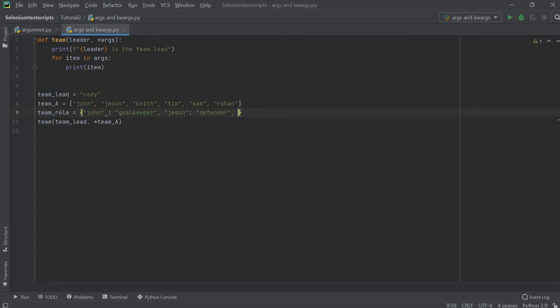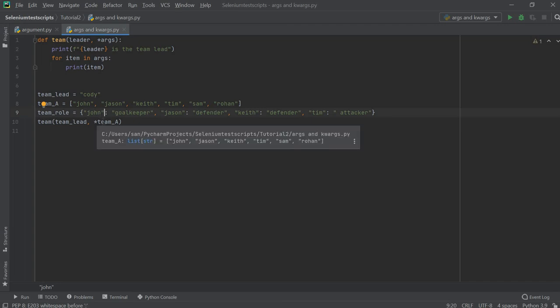Okay, so next is Keith, and he is again a defender. And one more name, let's take Tim. Tim is attacker. Okay, so this much is enough. These are the keys and the corresponding values, and how can I pass this dictionary here, as it contains the key and the value?